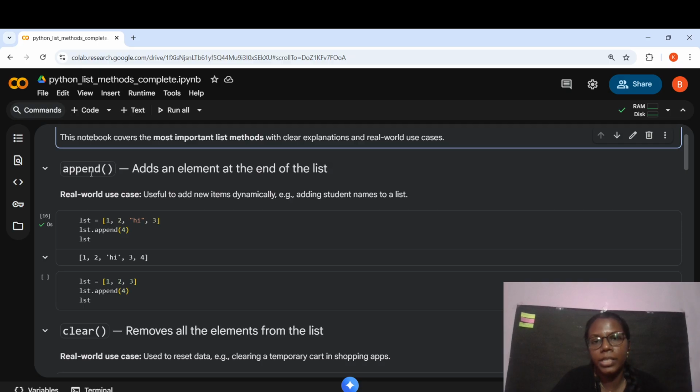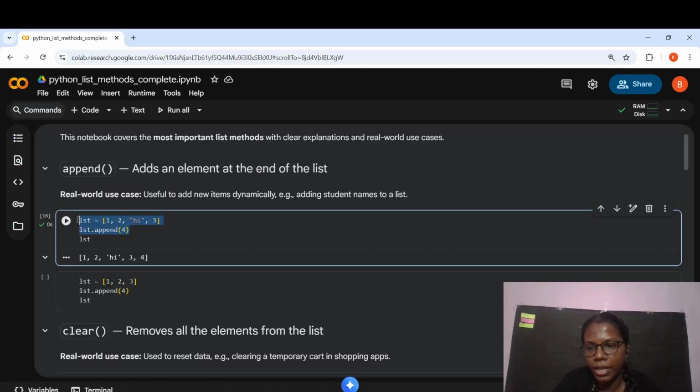The first list method is append. This is how generally a list data type would look. First, you will create a variable name called lst. The variable name can be created as per your requirement. Inside the variable, I'm storing a list of values. To create a list, this is the syntax: open square bracket, close square bracket, inside which I'll be storing a list of